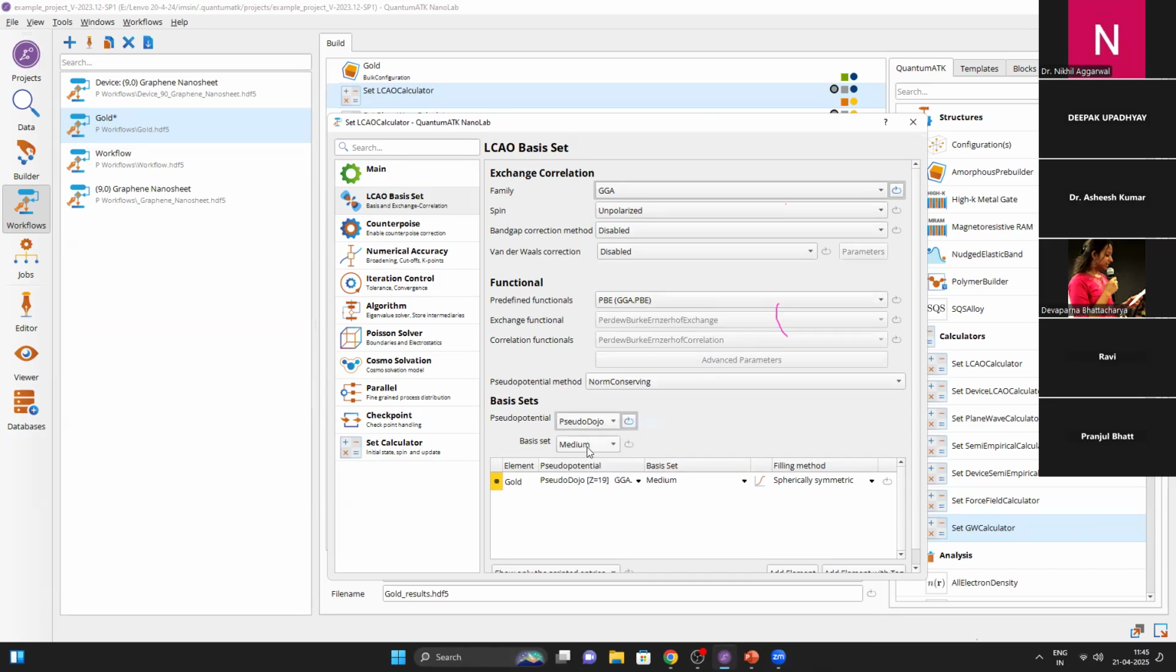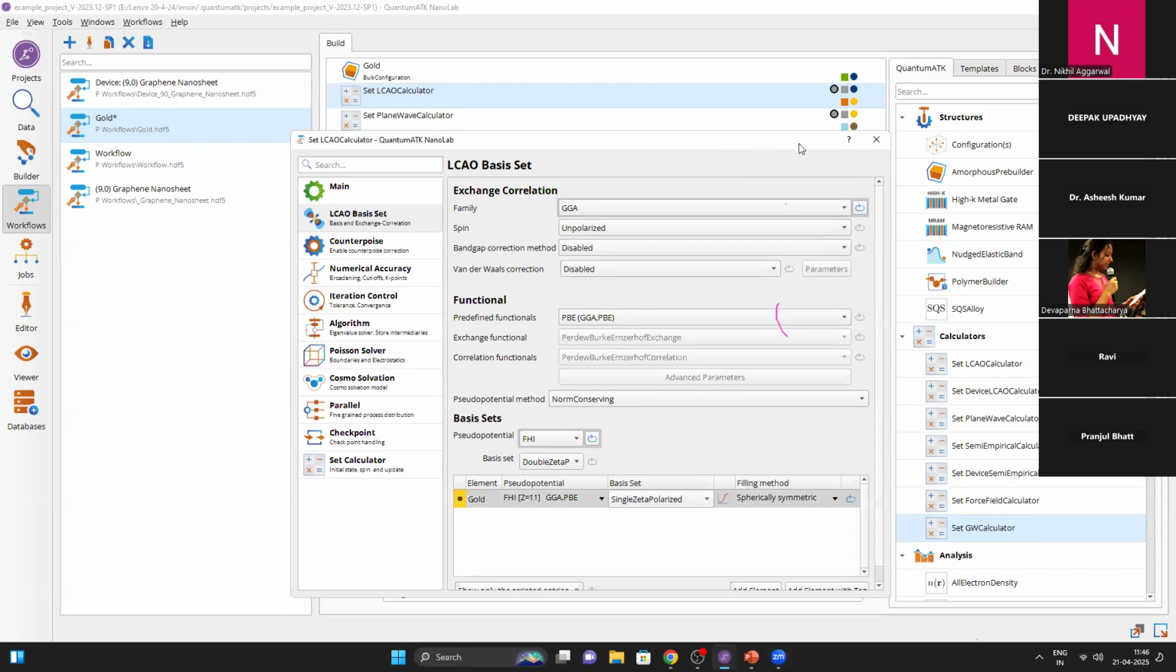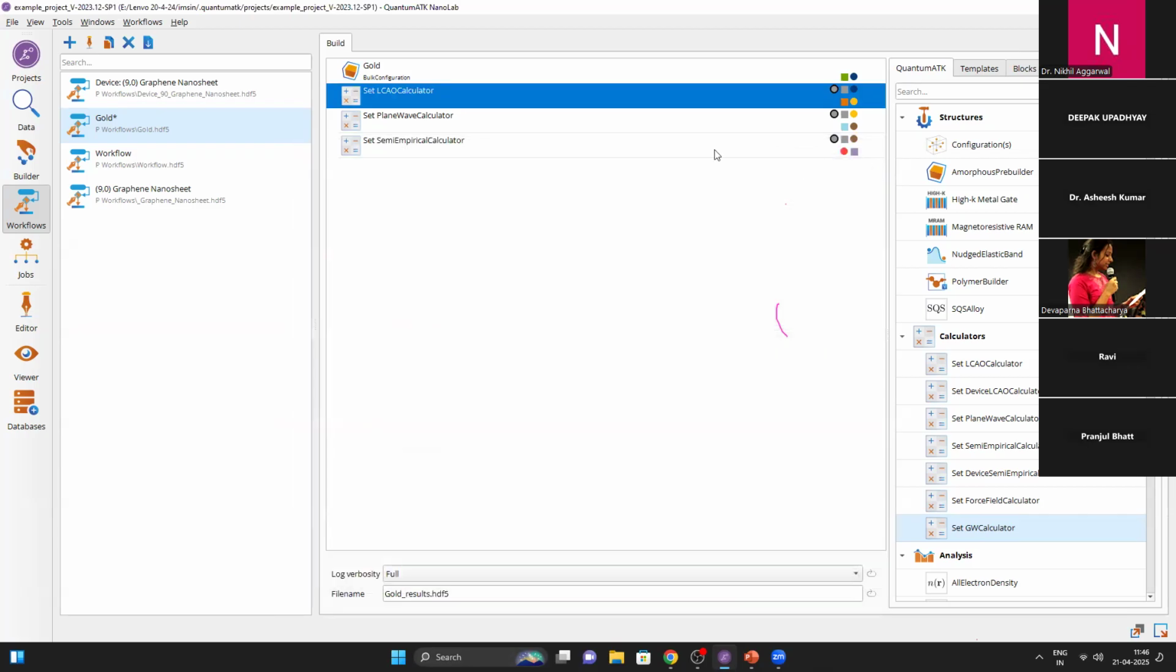Let's see, if I want to proceed with the polarized, then we can proceed with the FHI. Here on the basis set, you can define double zeta polarized or single zeta polarized, or single zeta or double zeta or the tier one. Let's say I want to proceed with the single zeta. So after defining the calculator,